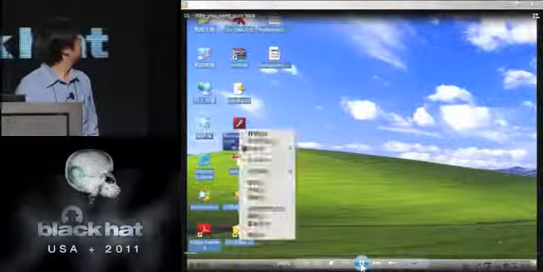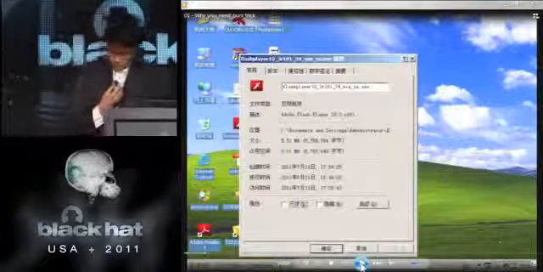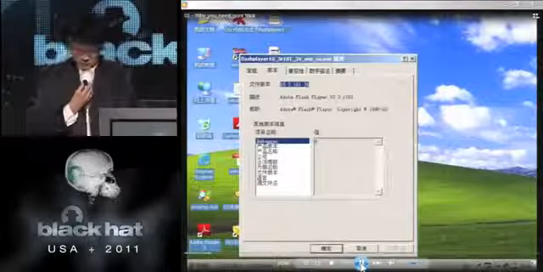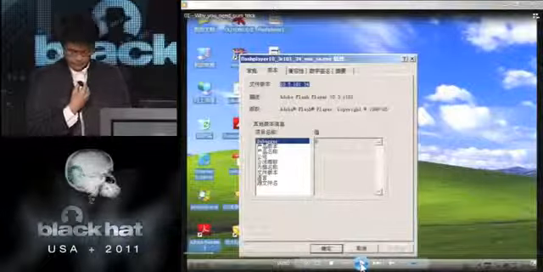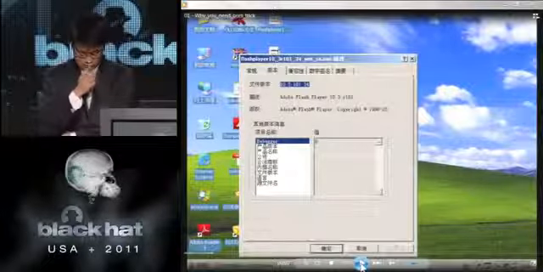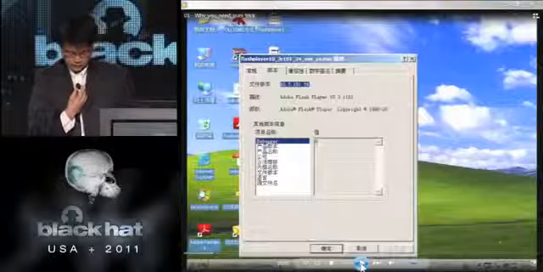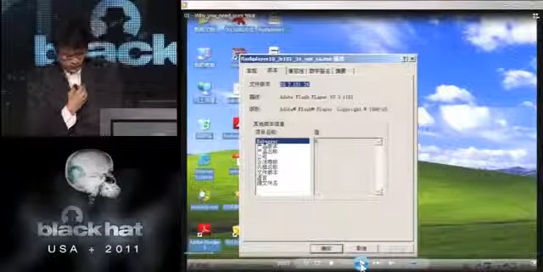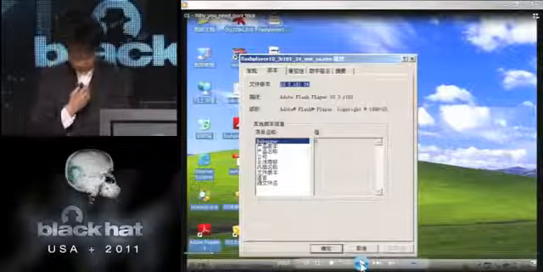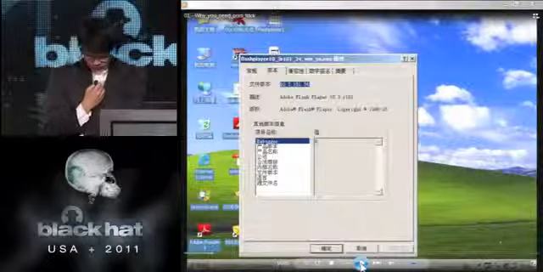We are going to show how B4 works. This is a Flash player. The latest version of Flash is 10.3.181.34.